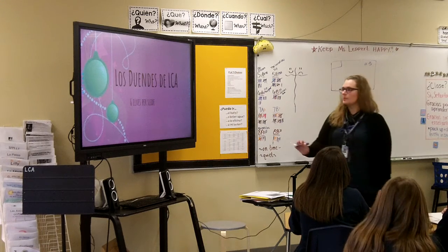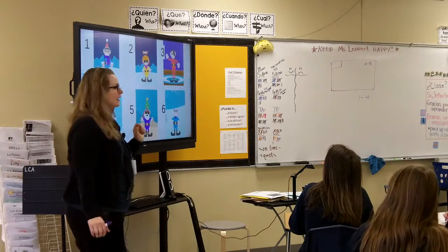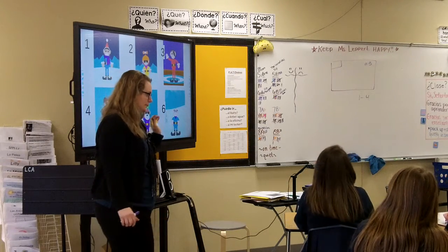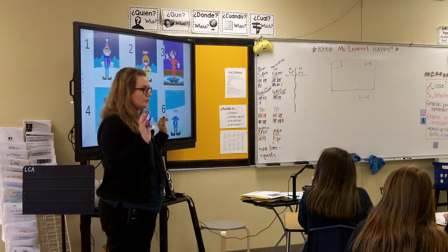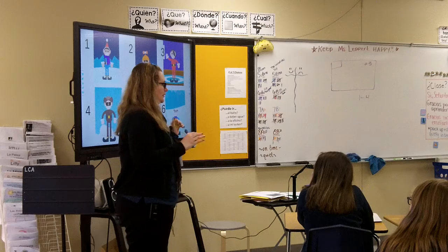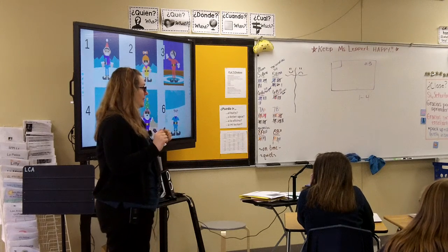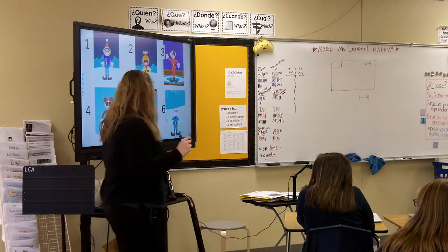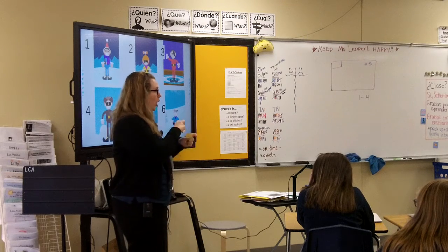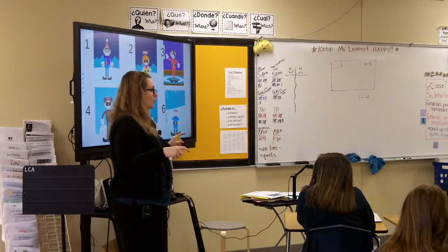We'll do practice 1. I'm going to describe one of the elves on the screen. Okay? You, as a team, are going to figure out which elf I'm describing. And you're going to figure it out quietly so you don't give the answers away to the other teams. Then you're going to write the number of the elf on your board. All of you need to have the correct answer because I'm only going to call one of you to raise